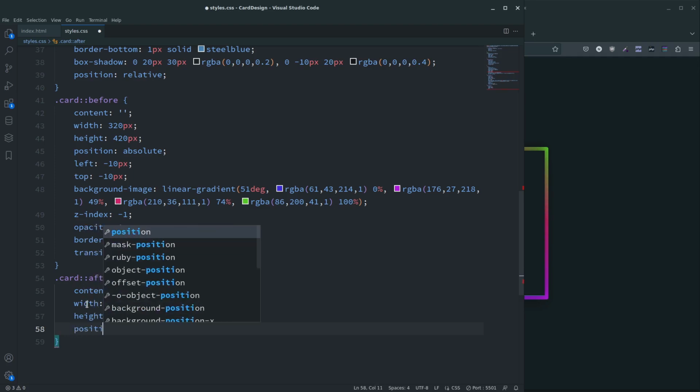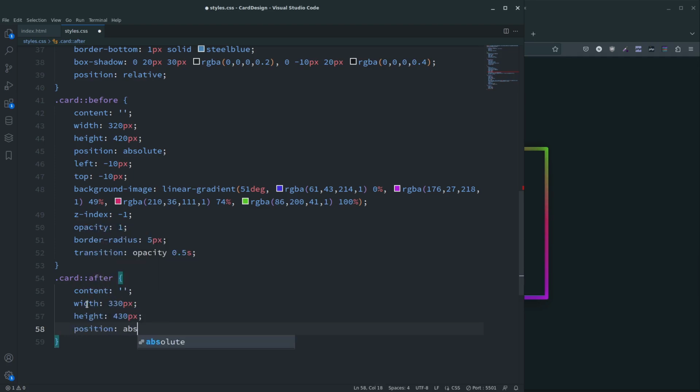Again, we need position absolute. I mean, a lot of this, that's the bits that are repetitive, you could actually put in a common rule. You can put them both together and do whatever, but anyway,